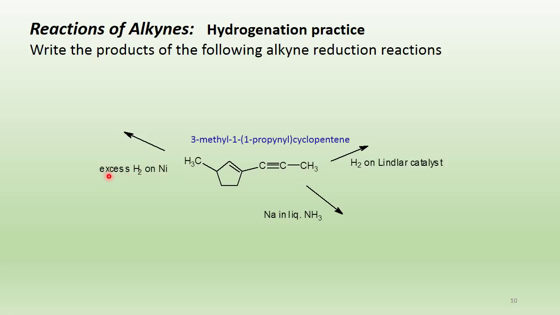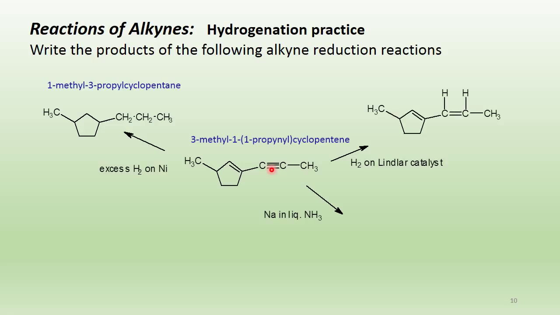Let's look first at the case of excess hydrogenation with a standard catalyst that would saturate both the alkene and the alkyne pi bonds. Complete saturation would give us this product, which would be named 1-methyl 3-propyl cyclopentane. If instead we use hydrogen on Lindlar catalyst, recall that the alkyne stops reduction at the alkene, so the alkene is not reduced and only one of the pi bonds in the alkyne is reduced, giving us this product. Remember also that this is a same side addition leading to a cis alkene. This product would be called cis 3-methyl